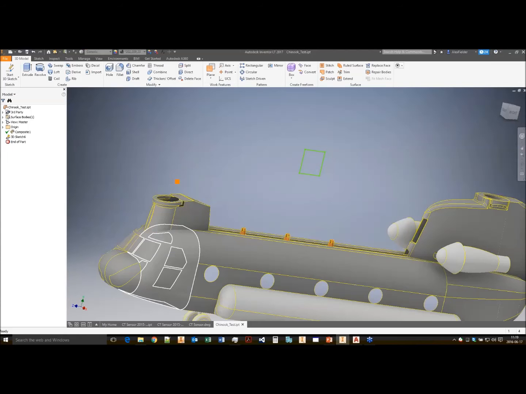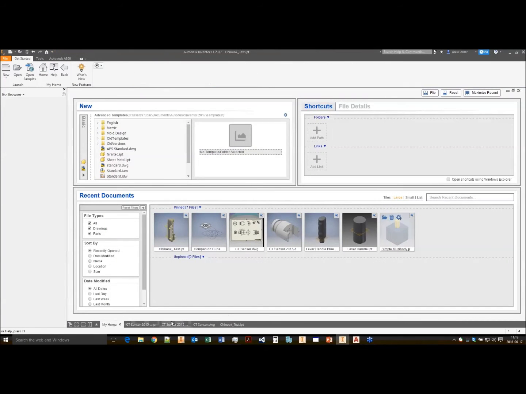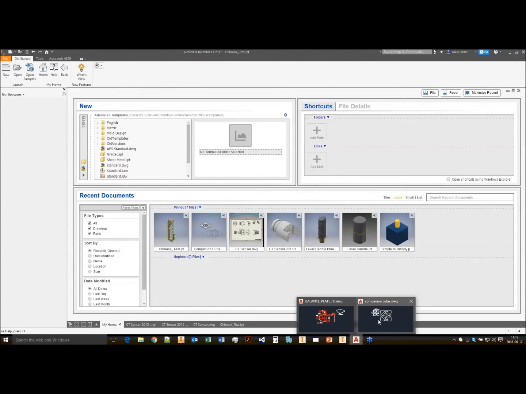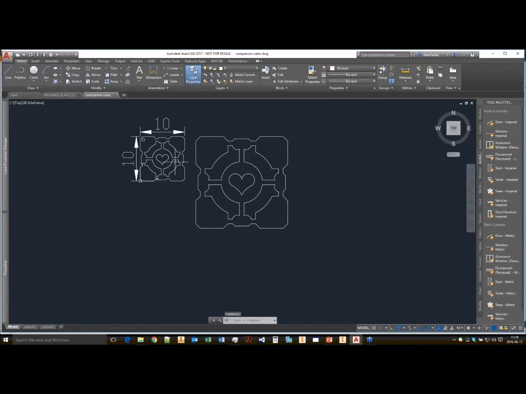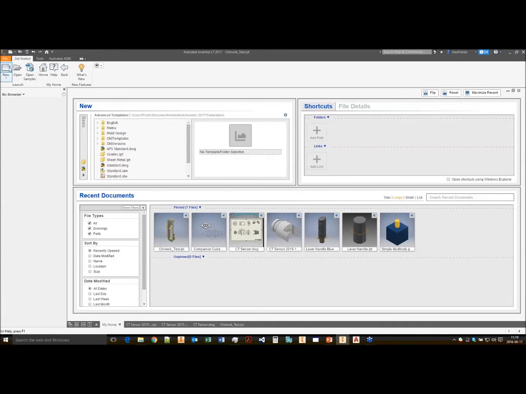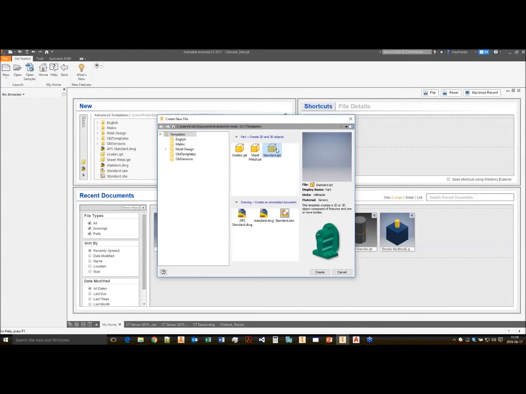So I'm just going to dive into my Inventor LT window. If I look at AutoCAD quickly first, this is an old drawing file I've had in my Dropbox, I guess, is where I found it, for 5 or 6 years now. This is just a simple couple of shapes here. There's 2 versions of this. So currently this is 10 millimeters wide, and if I go into Inventor LT, I can make a new part file,